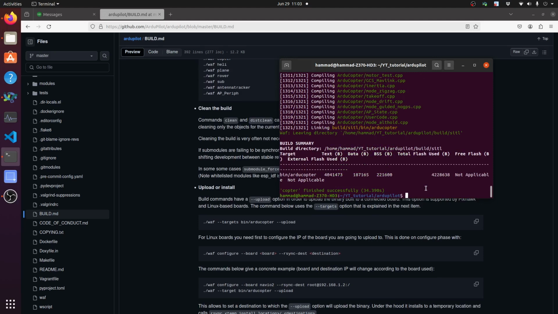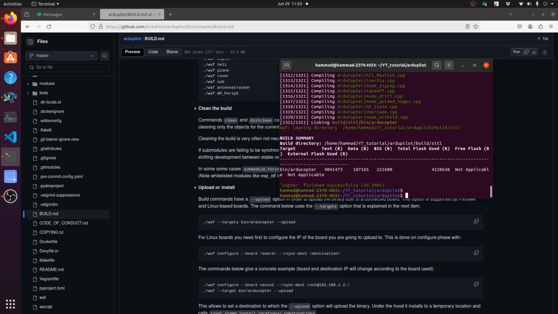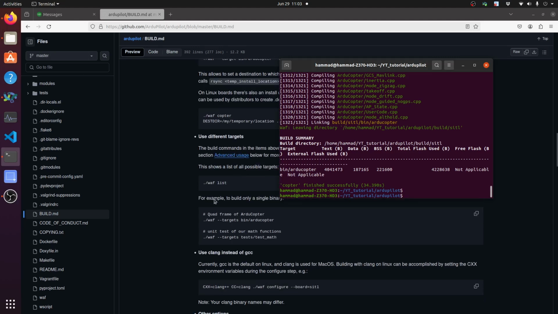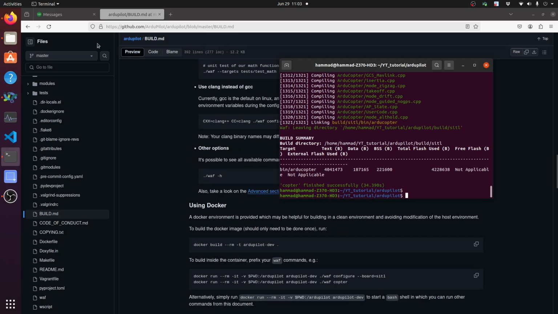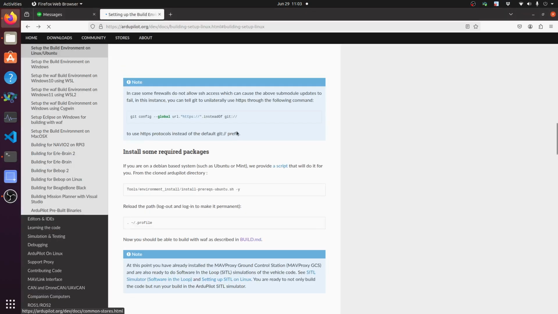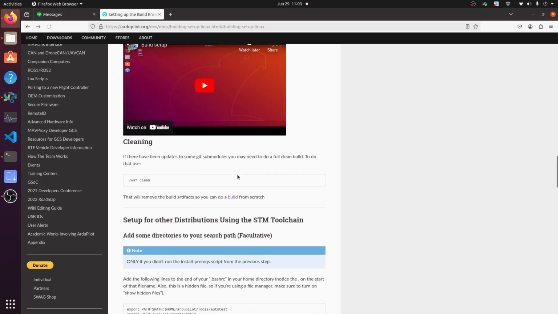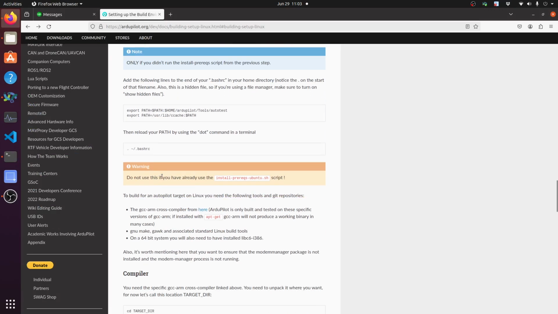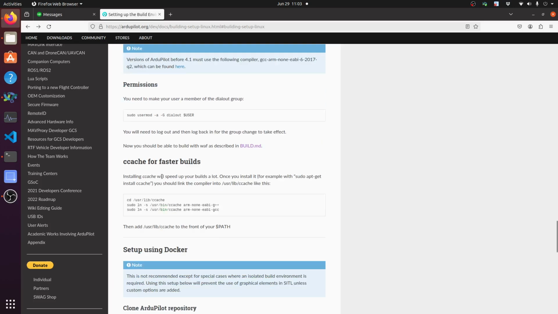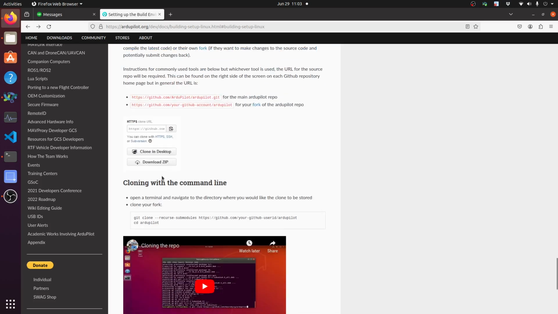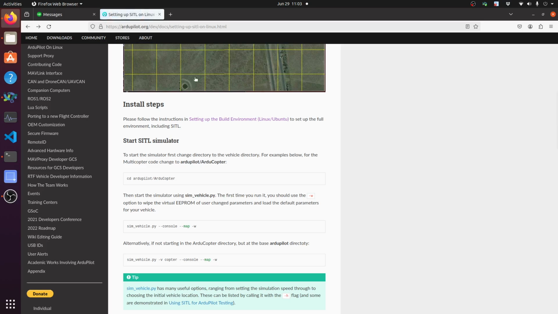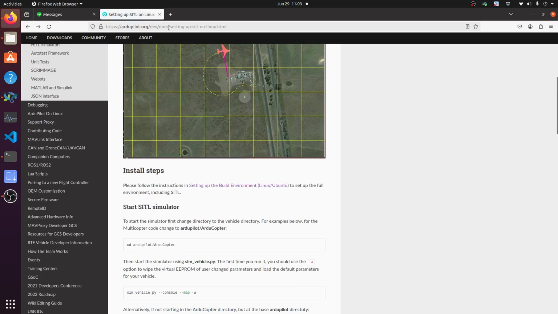Okay, so it is done. So let's try to run this. To run that you can use the commands given, it will be given in the previous link actually, but I'm gonna run that command, but let's see if we can find the command here. Okay, let's move a little. So that's a different link actually, you can see the links here.